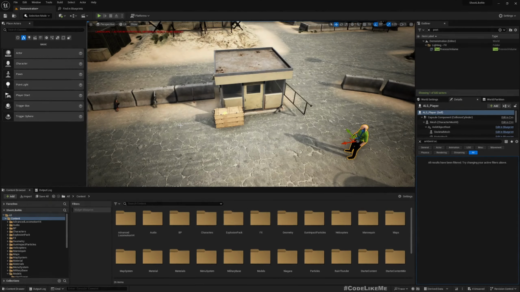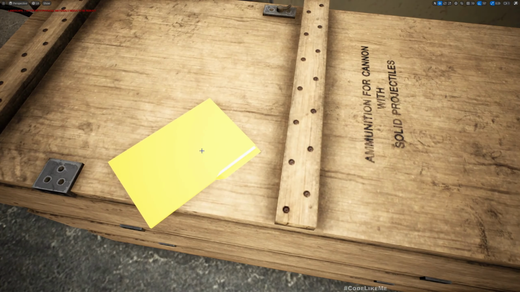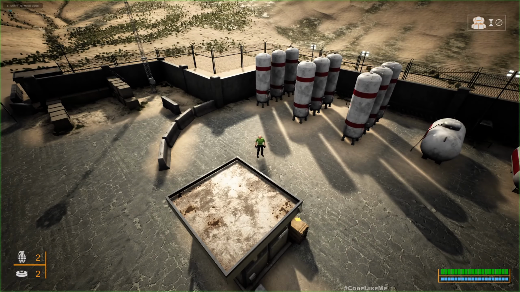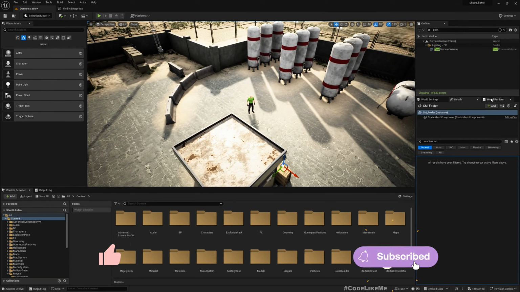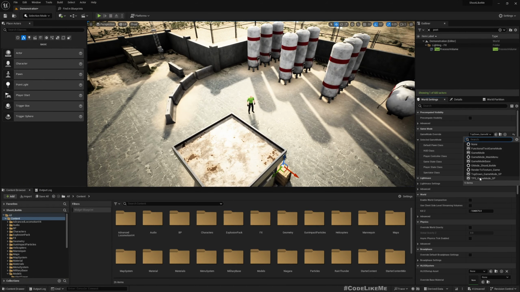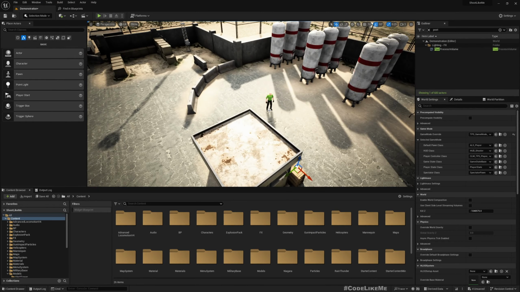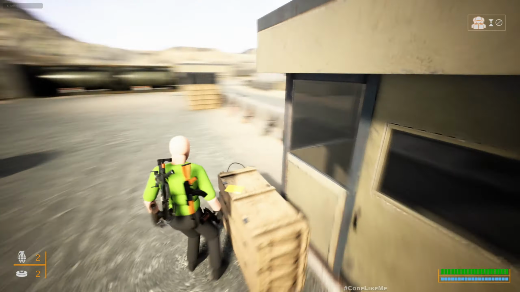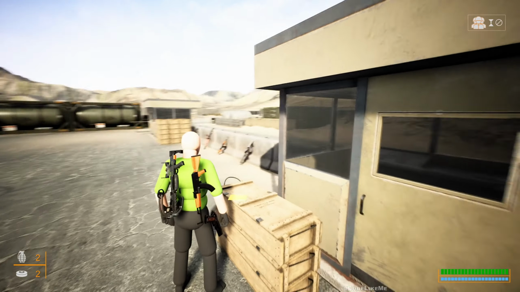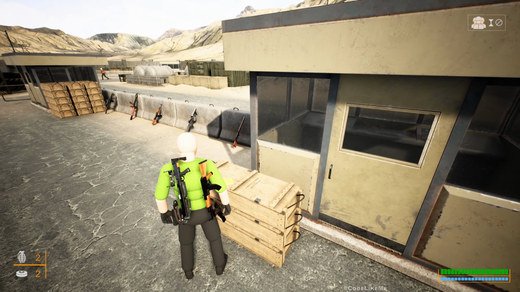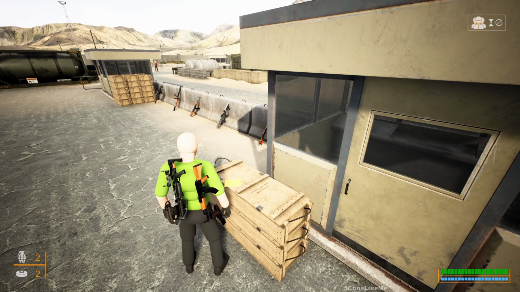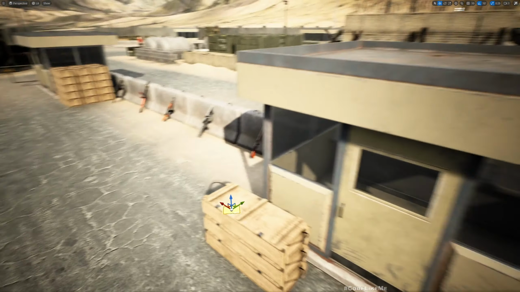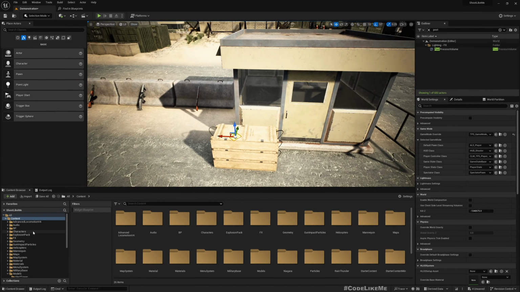Okay, so I have imported this 3D mesh, which just looks like a folder, and my plan is to make my character, wait, let's switch to third-person game mode. Now when I go here, there should be something like "Press E to view Intel" or "Press C to interact", something like that. And then when I press C, a UI should appear that shows whatever this file is. Okay, to get started,